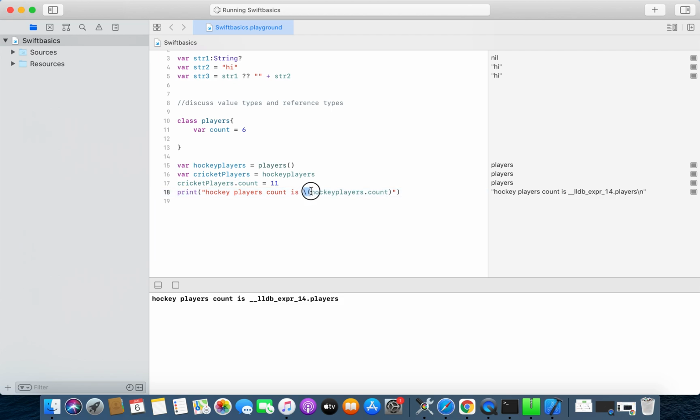This slash and a bracket will print the value of anything written inside this. So it is going to print 11.